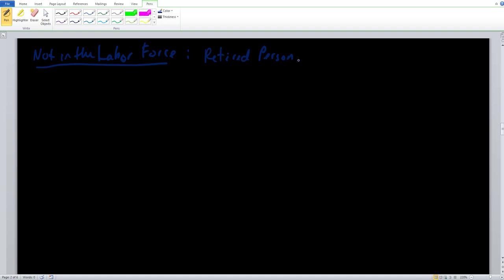Other people included in this category are persons under the age of 16. So you are considered a minor in terms of these employment statistics, so you're not going to be counted among them at all. People not looking to work obviously would fall under not in the labor force, so persons not looking to work. So if you're a full-time student and you just want to focus in on that and don't look for a job, you would be counted as not in the labor force.